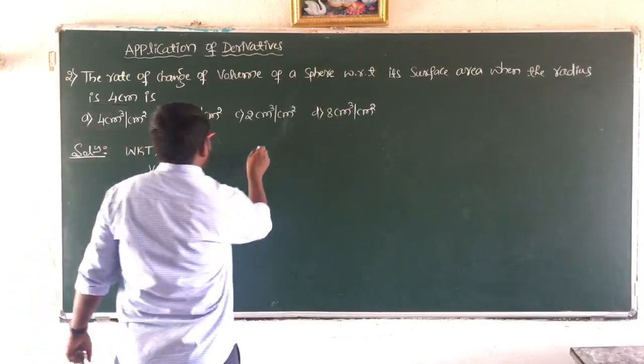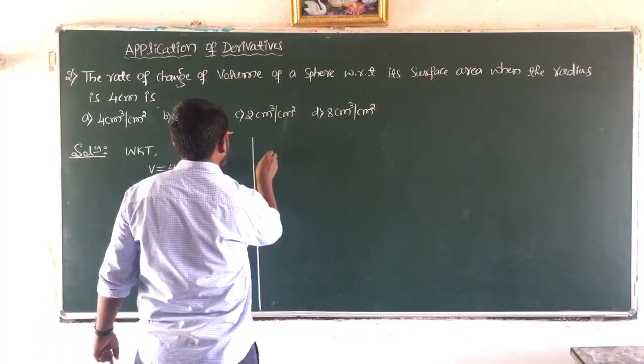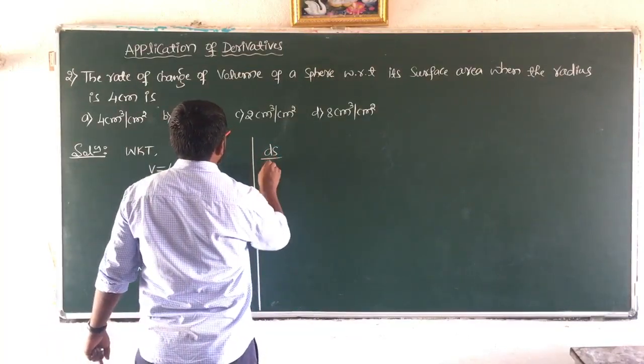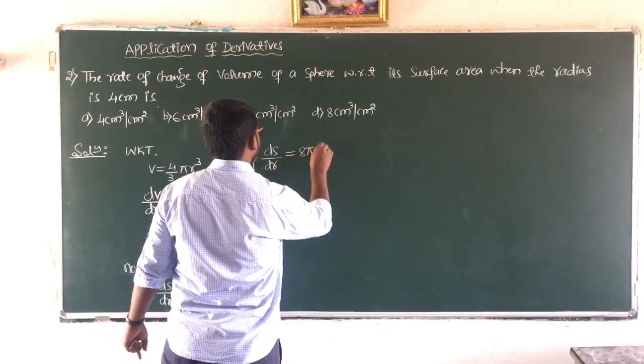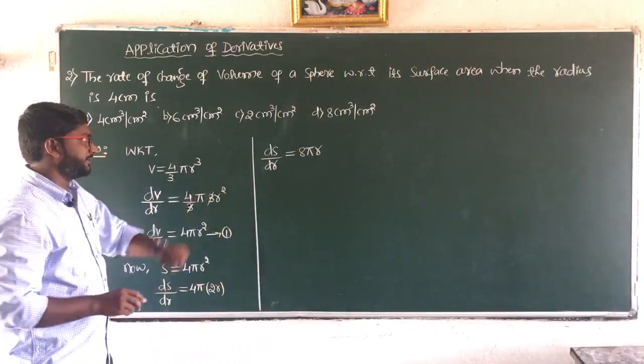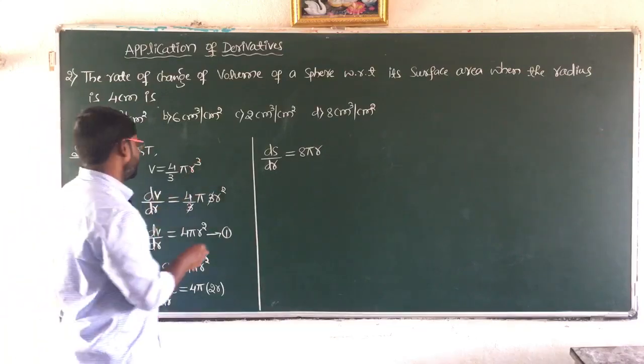So now ds by dr is equal to 8 pi r. 4 into 2, it is 8 pi r. So we have got ds by dr. Now by chain rule,